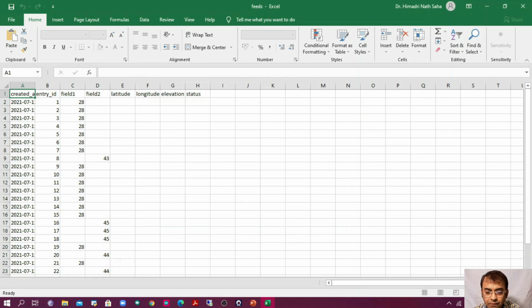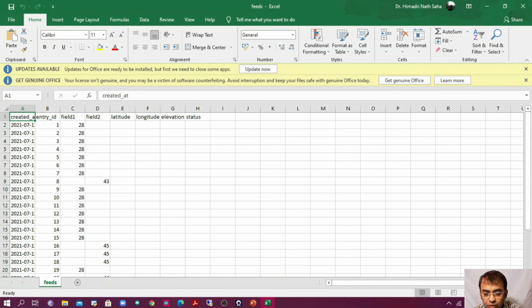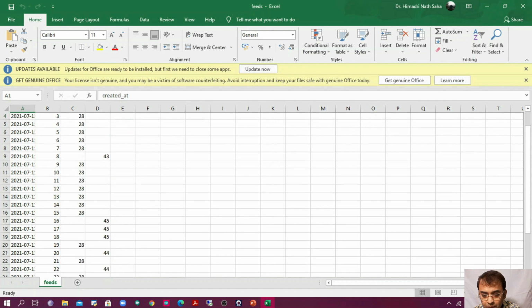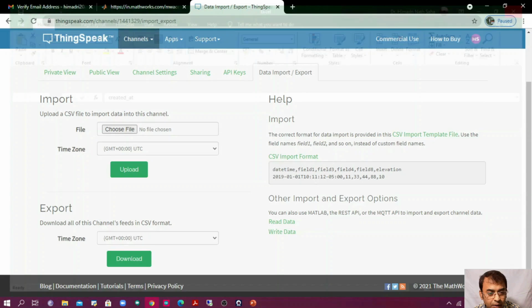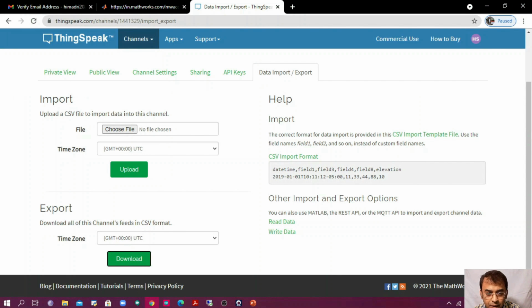As you can see the values, but there may be some inconsistency due to some internet issue. Okay, but you are receiving this data, then you can use it accordingly. So this is all about